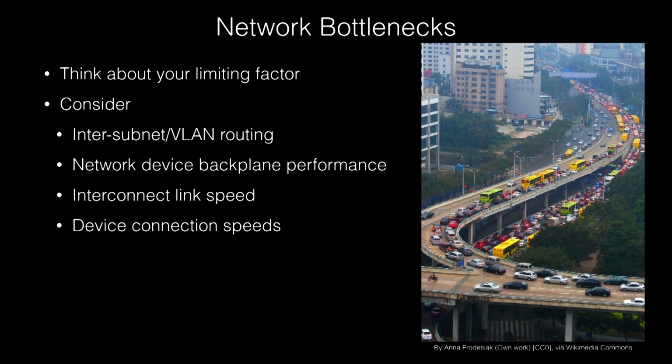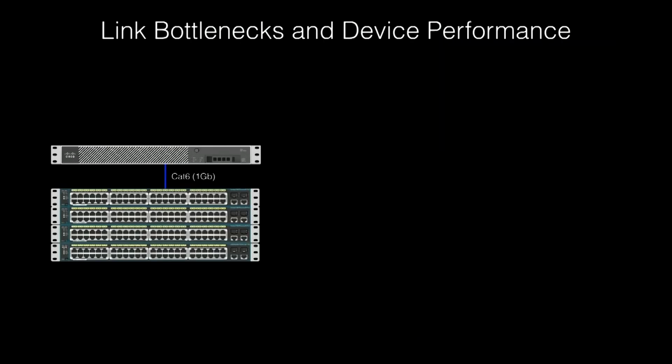Device connection speed. So this is another one. Don't overlook the fact that if your network is 100 meg, you've got Cat5 cables in the building, a gigabit switch isn't going to do anything for you other than maybe make your server a little bit faster. It's not going to really do a whole lot. If you've got bad wiring, you've got bad wiring. The best switch in the world is not going to help that. Although Cisco now has a new thing which is called multi-gigabit, which is like 2.5 gig over Cat6, which is kind of cool. I don't know how real that is. I haven't tested it yet. But all right, so graphically,